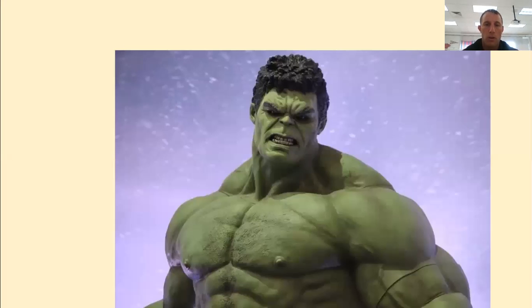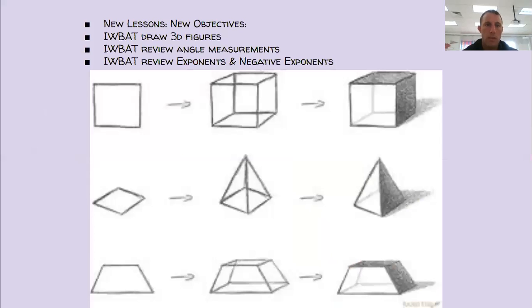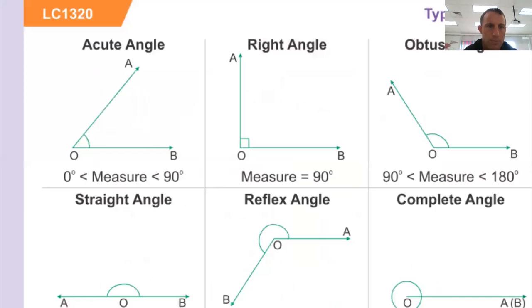Review the whole homework. Okay, so that's what we're going to be doing in class, and I'll go ahead and go over that. Now, our new lessons for today are, we're going to learn how to draw a little bit of the 3D figures. So here you can see how we start with a cube, a triangular prism, and then the last one there, oh, I'm blanking on the name of it. I'll come back to that.